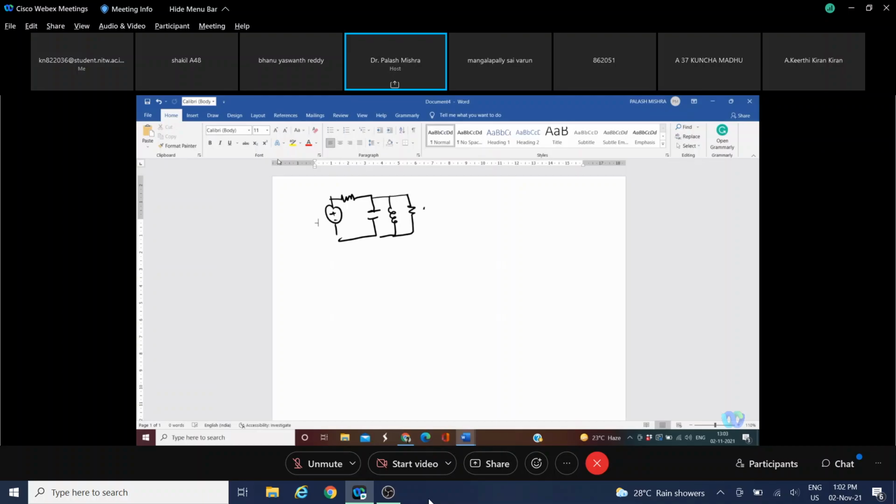If you solve this question in the time domain, you will find that the current I will go here, here, and through all three branches. Definitely you will use some integral term, some differentiation term, and some constant term to write all these three current values. Instead of doing all these cumbersome jobs, you will just take the voltage in the Laplace domain. Everything you convert to the Laplace domain, and simply apply the KVL and KCL equations. So you don't have to take care of the integral and differential functions in your solution.